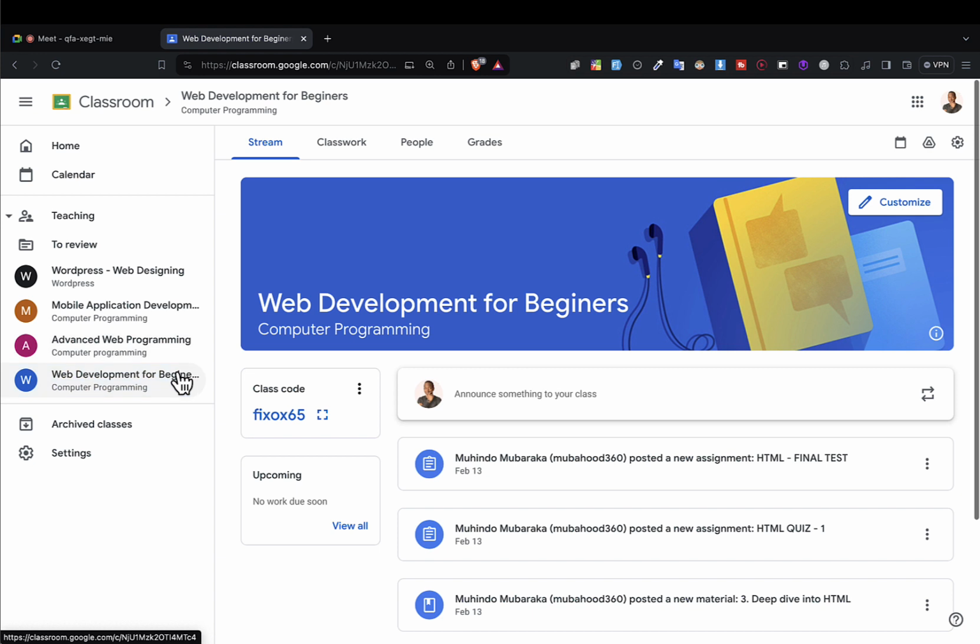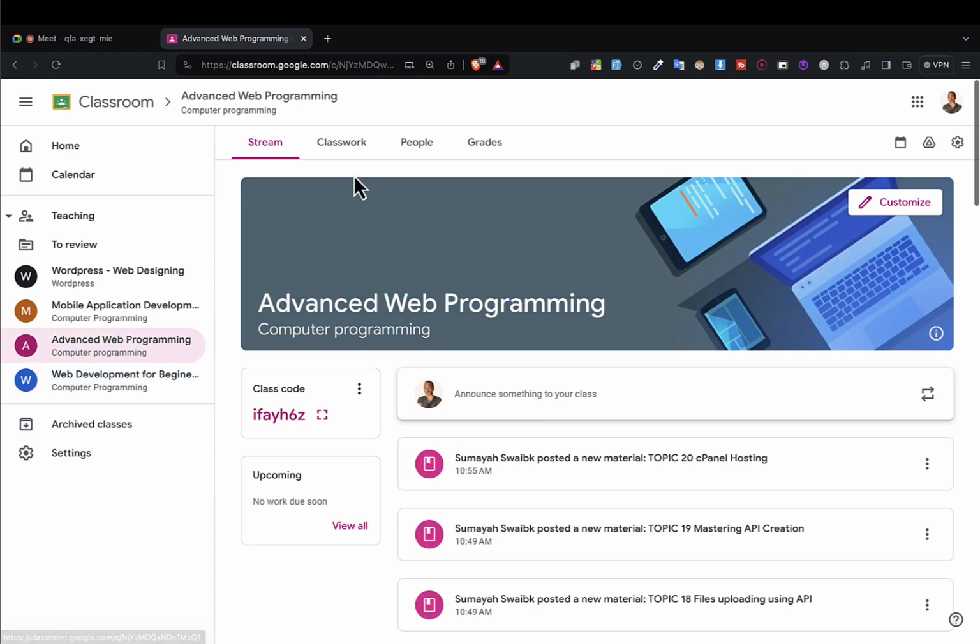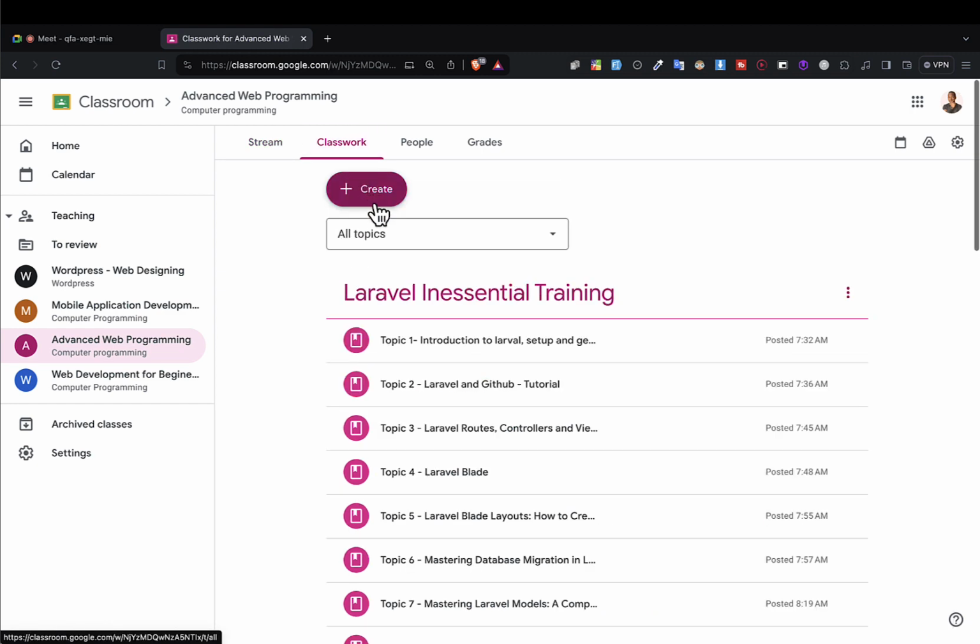Now Mohammed, your assignment, Mohammed of Lebanon, the first thing you're going to do, you're going to learn Laravel. So Laravel, I'm teaching you step by step, beginning from zero. So you come to your course, to Laravel programming, click on classwork, and then you'll be able to see your Laravel. So after 5 videos, I'm going to put here an assignment. So you'll have to do that assignment. That is the first step.